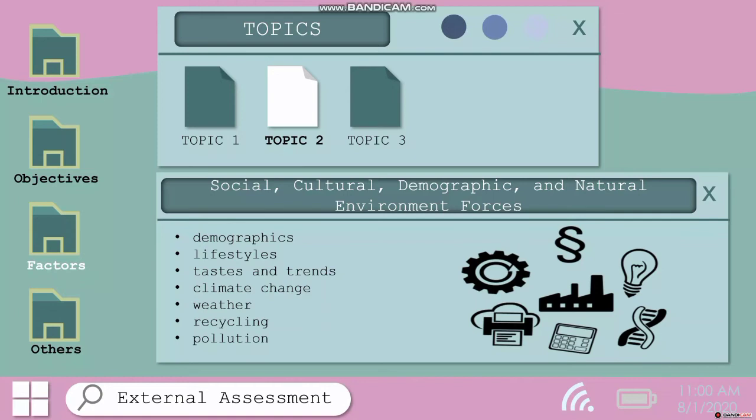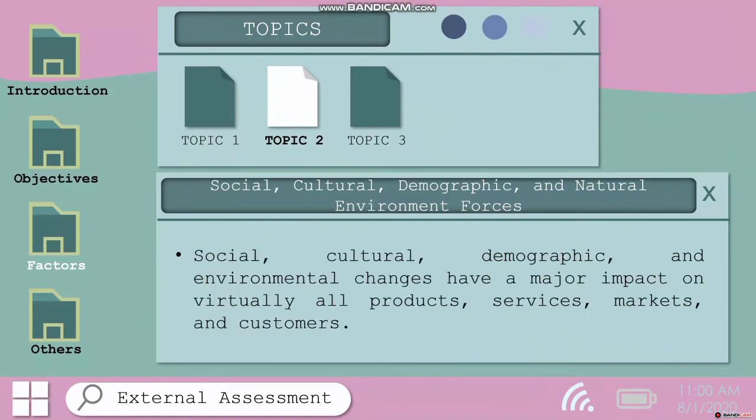Next is green credentials such as recycling and pollution. So being a green firm is also important. Firms that recycle goods will attract customers who want to buy from companies that are environmentally friendly. Firms that work to minimize their carbon footprint or to cut down on pollution to rivers and the environment may also be more attractive to customers who are interested in the environment.